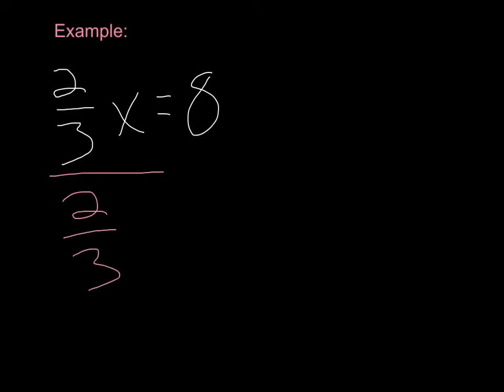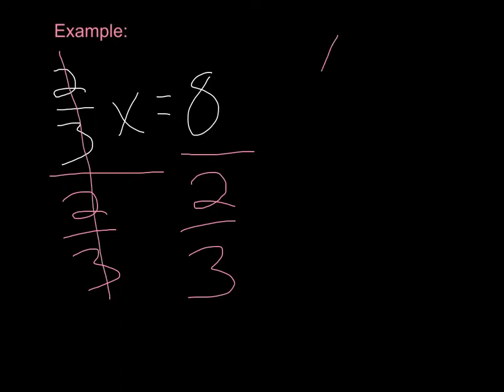The golden rule for solving equations is what you do to one side of the equation, you must do to the other. So I need to divide 8 by 2/3 as well. Remember, any number divided by itself is 1, so the 2/3 cancel out, and we're just left with x. Now we need to do 8 divided by